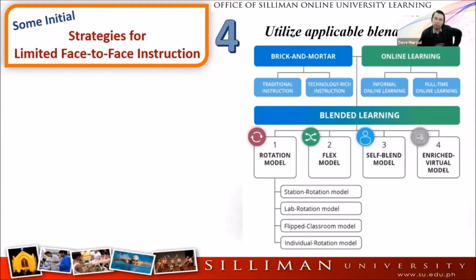So self-blended is tasky and it is expensive also. It has financial implications, because you just imagine students can choose which among the courses he or she wants to enroll in or to have the limited face-to-face. But as I mentioned, the university, the school, should identify before any enrollment that this particular subject is face to face, this particular subject will cater limited face to face,